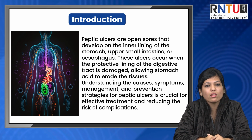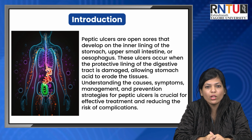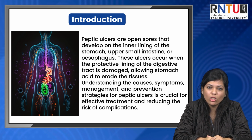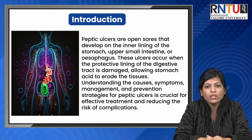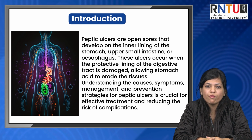risk of complications. Definition: peptic ulcers are classified into two main types: gastric ulcers, which develop in the lining of the stomach, and duodenal ulcers, which form in the upper part of the small intestine, known as the duodenum. These ulcers can cause varying degrees of discomfort and pain, with symptoms ranging from mild to severe, often affecting an